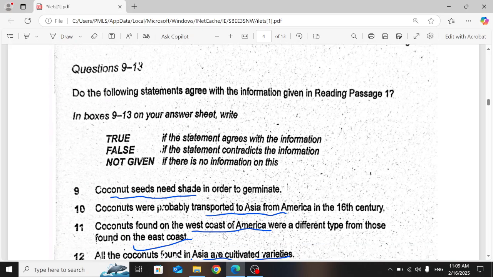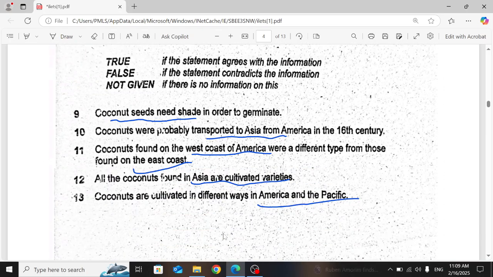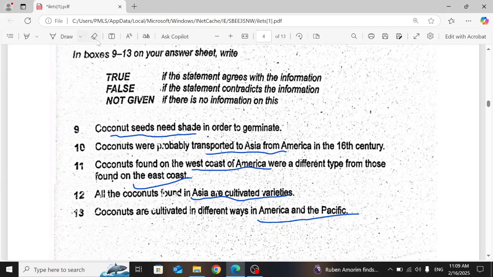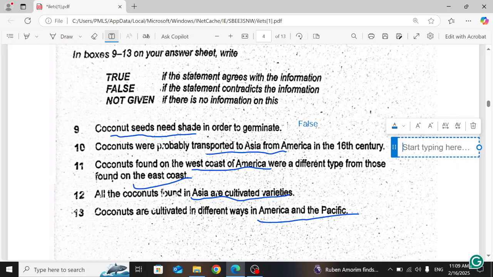Let's move to the answers. Coconuts need shade in order to germinate. We saw that coconuts need sunshine to germinate. So the first one is false. Okay. And coconuts were probably transported to Asia from America in the 16th century. So coconuts were not transported to Asia from America. It's also